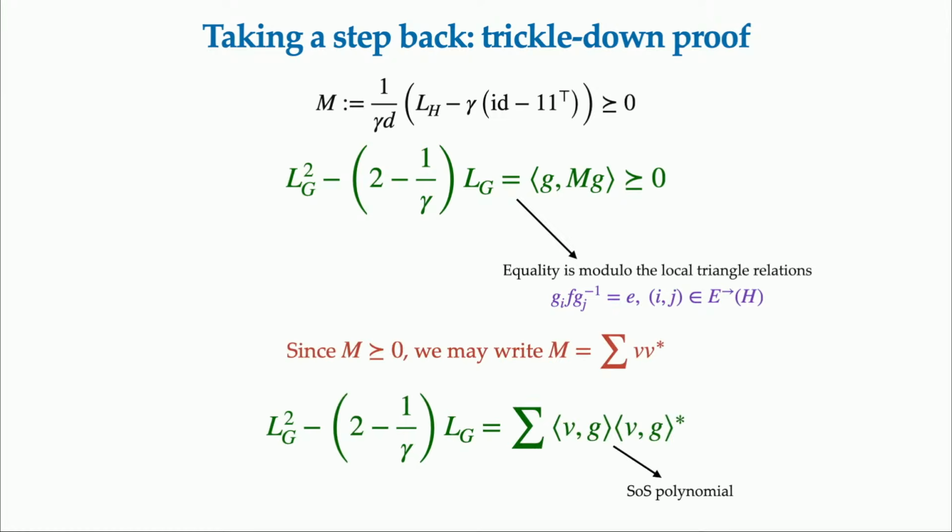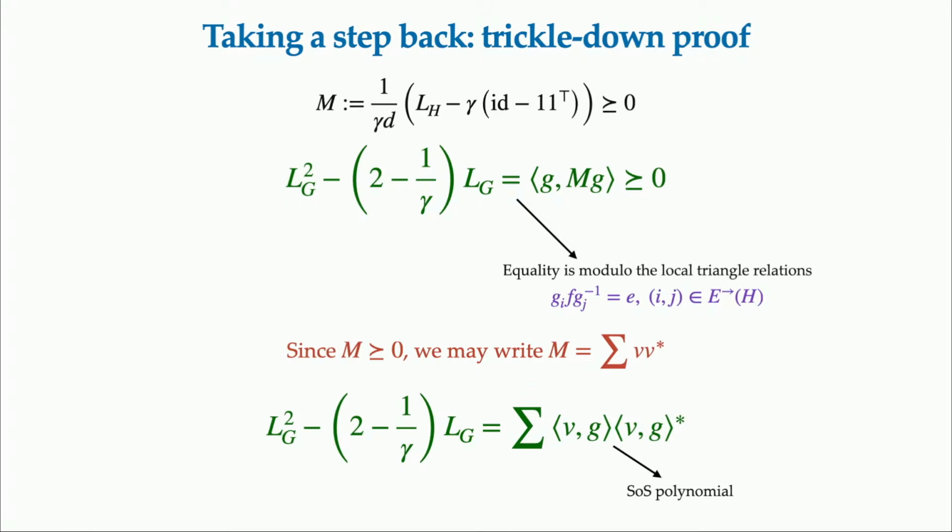Okay, and perhaps one slightly different way to write the same thing is, here I took this vector of group elements, which I'm calling G, like the generators. And I'm taking its quadratic form of the PSD matrix, which I can write as a sum of a bunch of these rank 1 terms. So that literally tells me that this non-commutative polynomial in the group elements G1 through GD